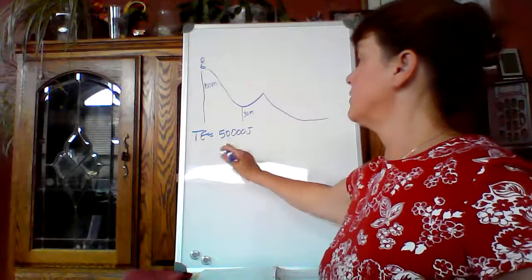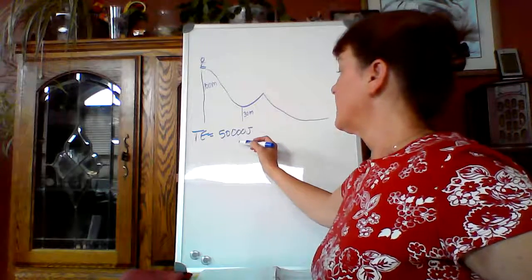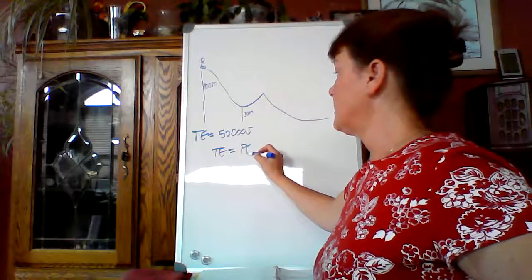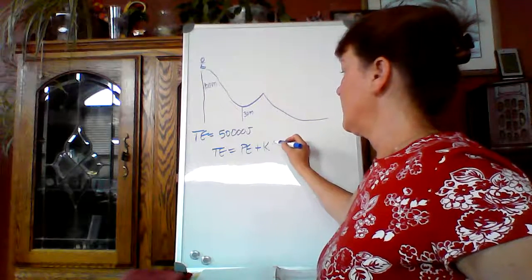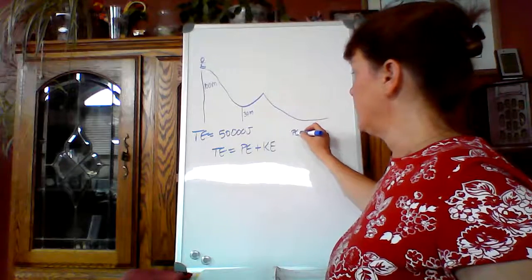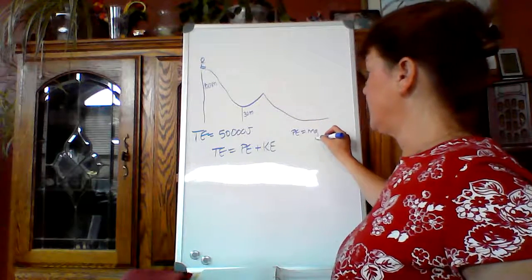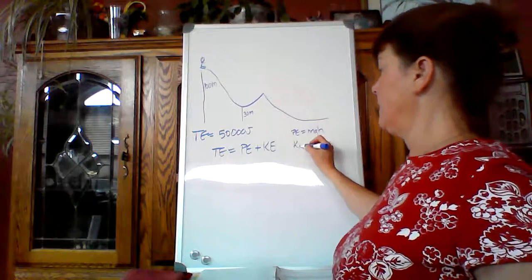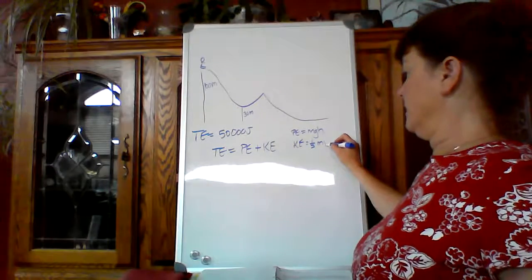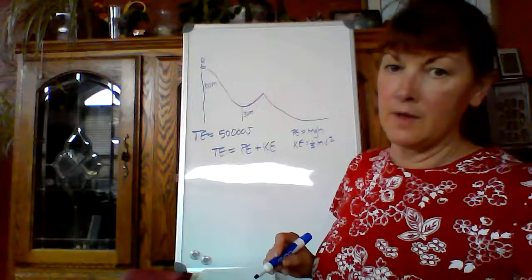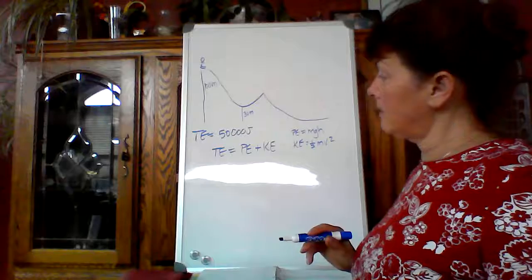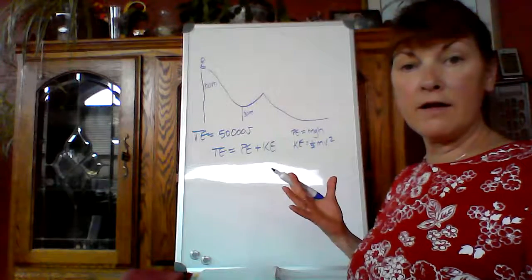So if the total energy equals that, we know from our formulas before, total energy equals potential energy plus kinetic energy. And we know that potential energy equals mass times the acceleration of gravity times height. And kinetic energy equals 1/2 mass times velocity squared. So if we're simply given that the total energy of the system is 50,000 joules, we can figure out a